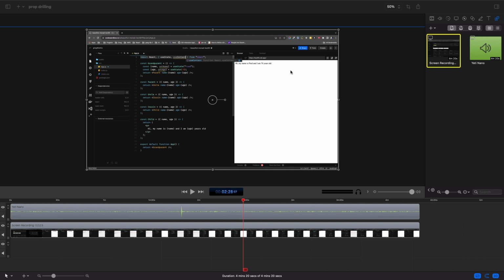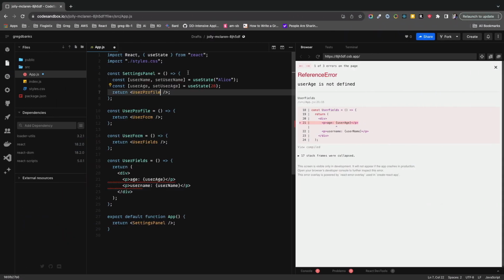Hello everyone. Today we're going to go over prop drilling. It's a React anti-pattern. We're going to go over the troubles of using it and why you want to avoid it, and a before and after